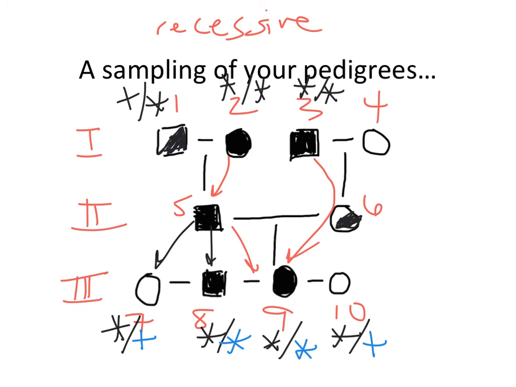But couldn't they just get it from the mom? The son? So if mom's a carrier, then the sons have a 50-50 chance. But what about the daughters? They could just be carriers. They could be carriers. So do we have enough information to decide whether or not this is